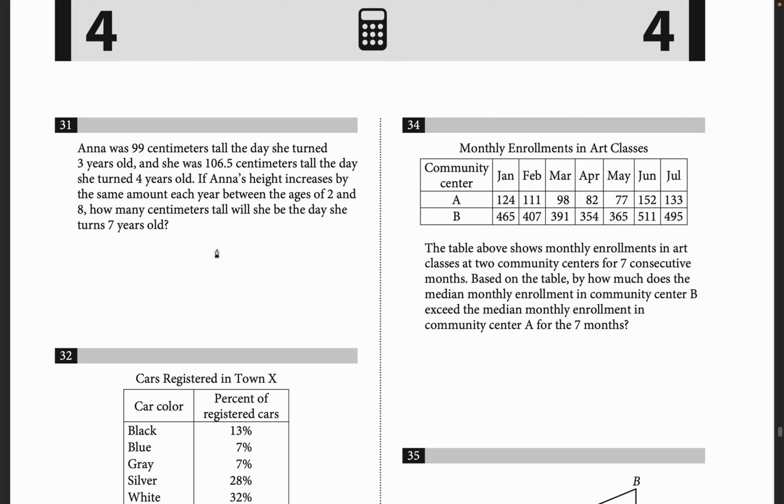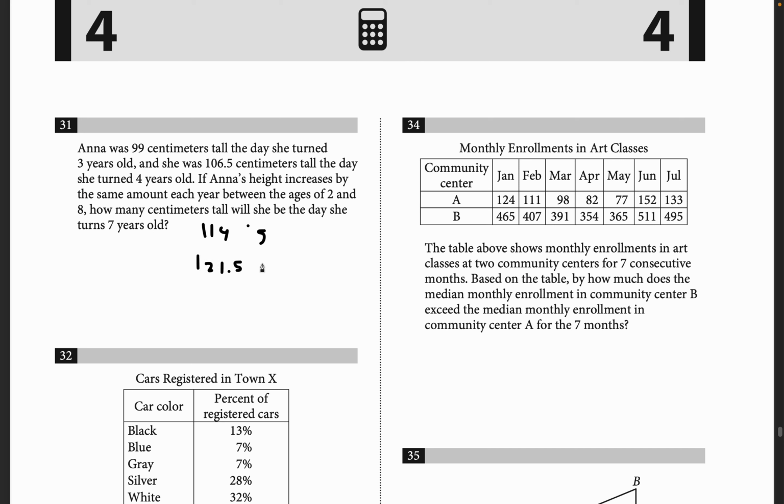Okay, you could just do a table, to be honest. 99 and then add 7.5, so 106.5 when she's 4, and then 106.5 plus 7.5, that's 114, so she's 114. You could also find the slope and stuff, but this is just faster. 114 when she's 5. 114 plus 7.5, so she'll be 121.5